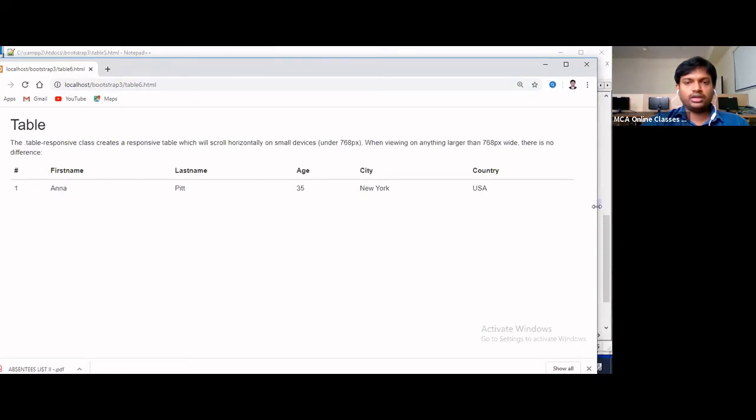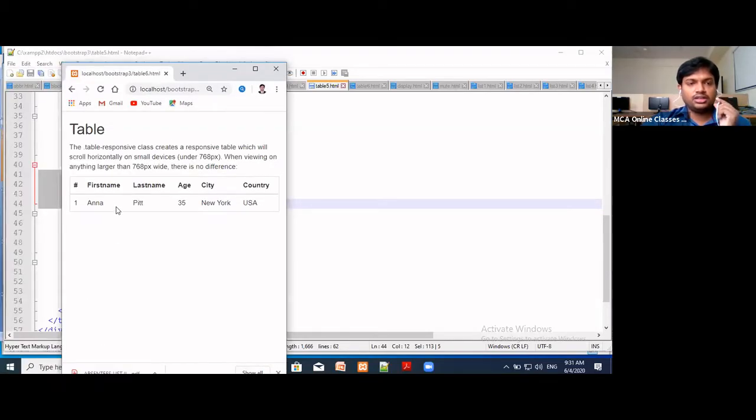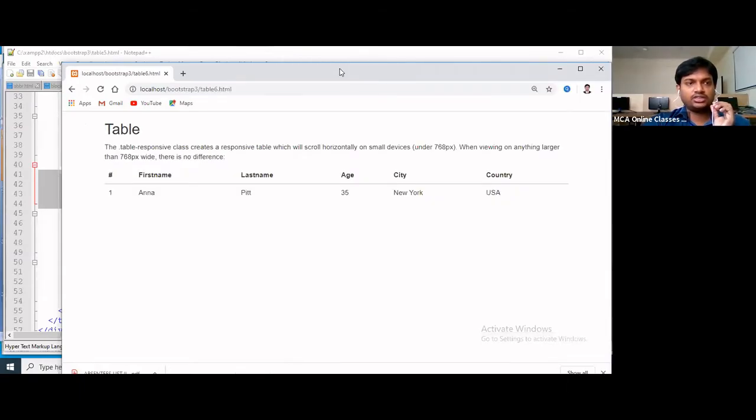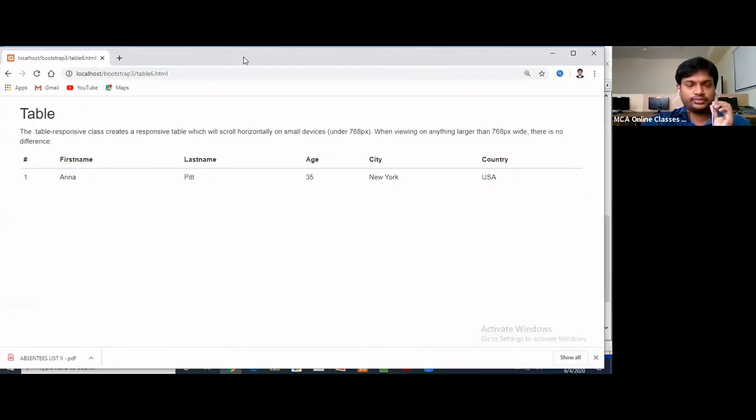Here I'm reducing the size to a mobile screen, and automatically that table is visible. If I drag this, it adjusts to the screen. So there is flexibility and responsiveness. This is about responsiveness.